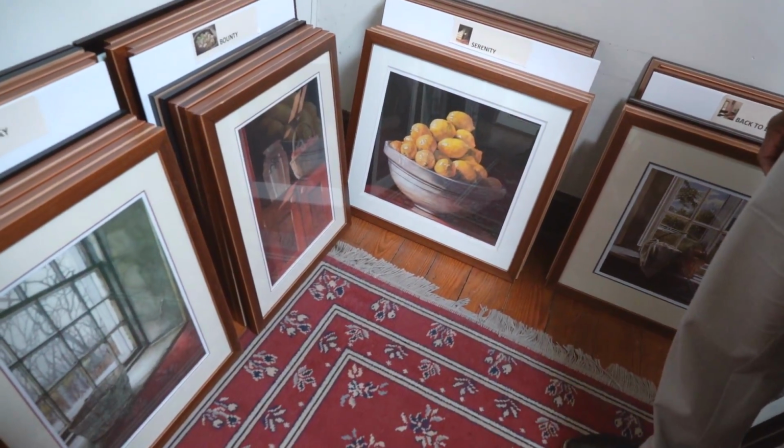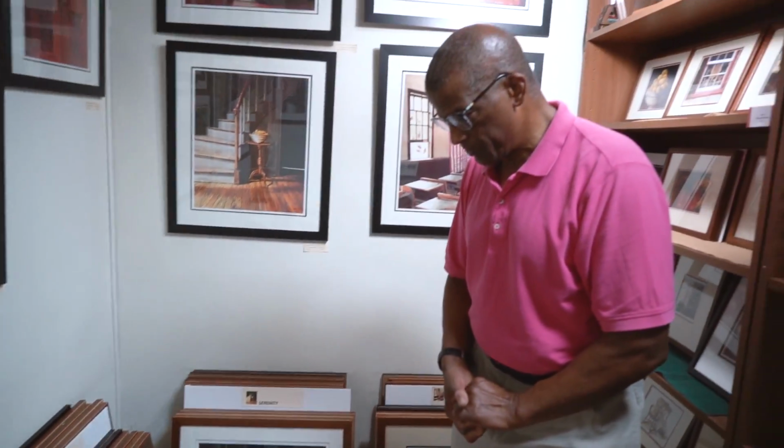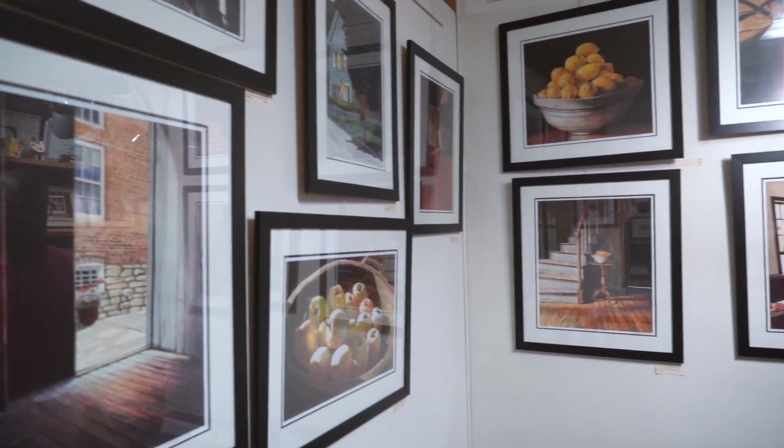I've kept my editions low to 450, and now that I'm over 60, the prints are 200. I only do 200 prints, so it's a very low edition. You can see there's this theme that runs through all the prints. We have a saying that we placard at our open house that